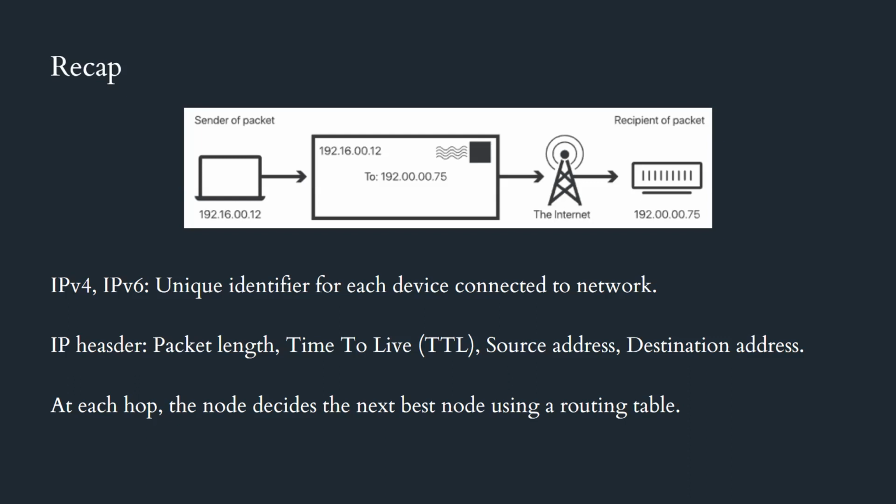Packet length gives us the size of the packet. It could be in bits or bytes. So it gives the size of the packet and the size of the data that is stored in the packet. Then the time to live feature